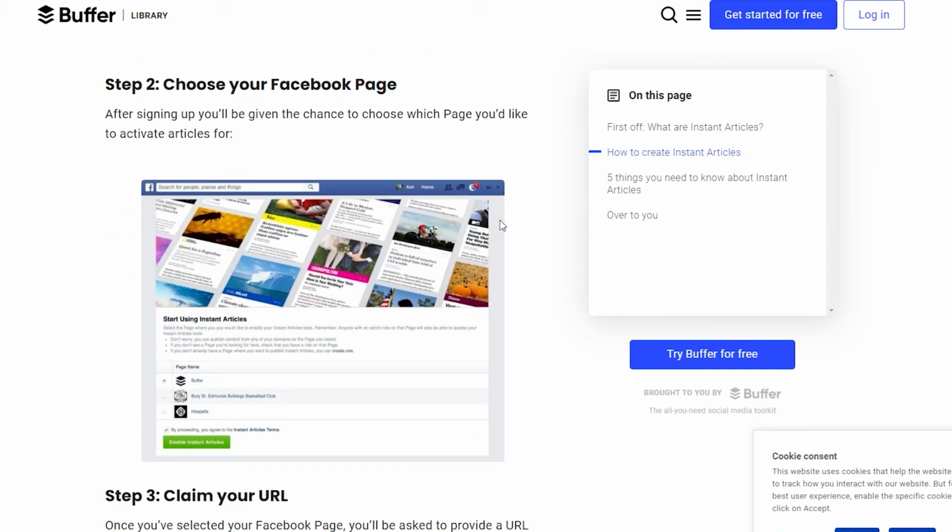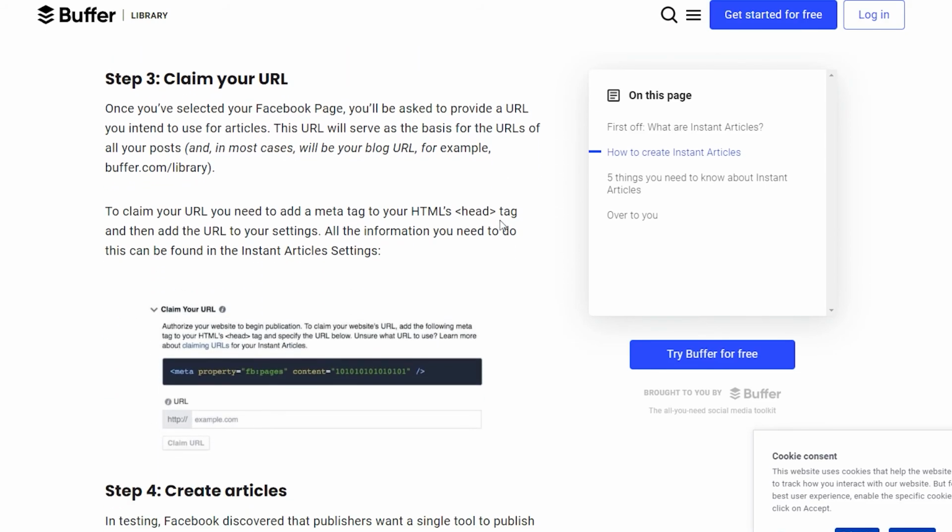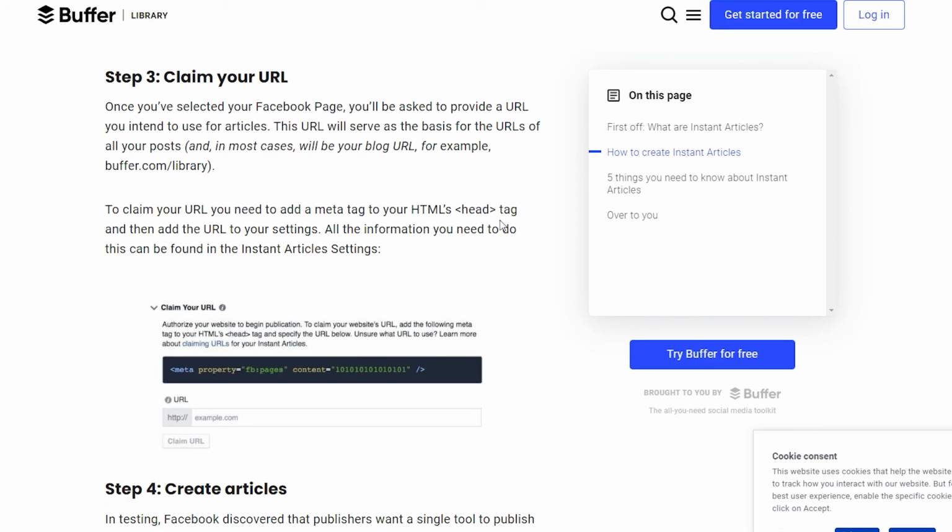After signing up, you will be given the chance to choose which page you would like to activate articles for. Step 3. Once you have selected your Facebook page, you will be asked to provide a URL you intend to use for articles. This URL will serve as the basis of the